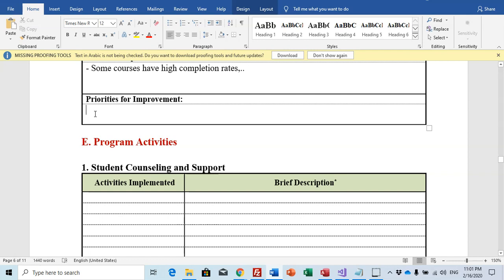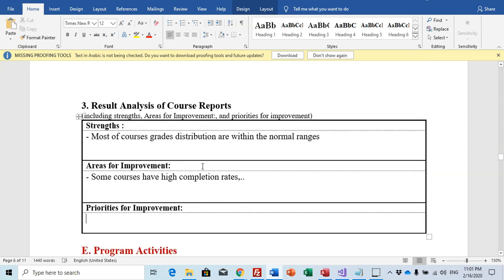What are the priorities for improvement? This also should be taken from the department council or the quality committee.